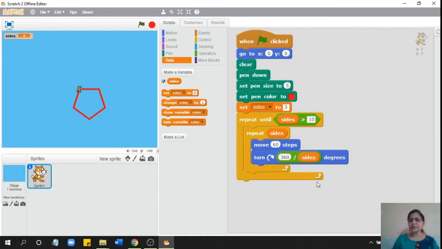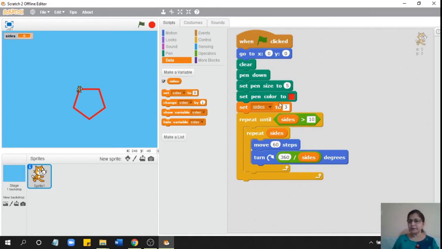So here you can see in this code, I am not using 3 anymore. I am not saying repeat 3, move 60 steps, turn 360 divided by 3. Instead of that, I am saying repeat sides. What is sides? Sides is a variable which I have set to 3 here with this command.